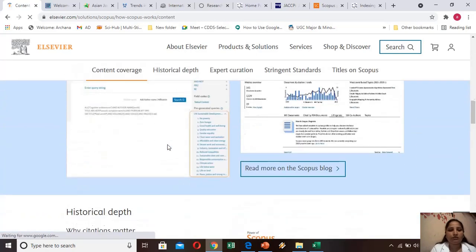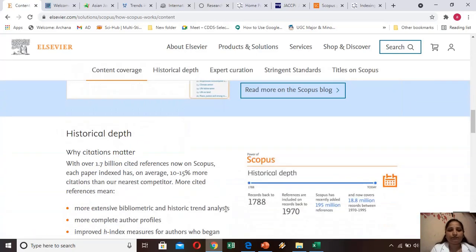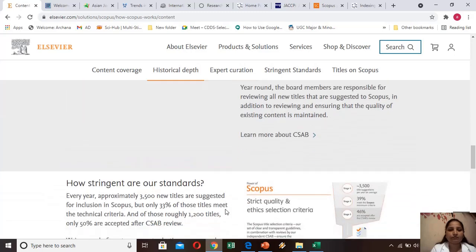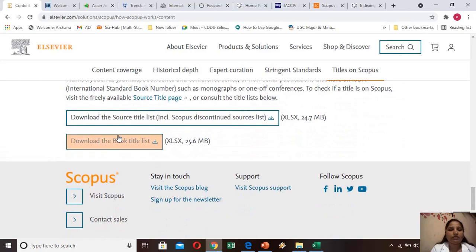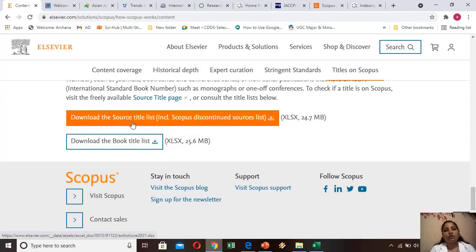Scroll down, and here you can see the download source title list. This list includes all the journals which are indexed in Scopus, all the journals which are discontinued from Scopus, and all the journals which are newly added to Scopus. You can click on it and download it.